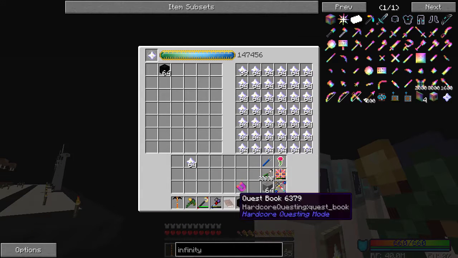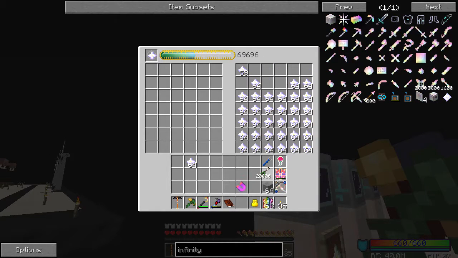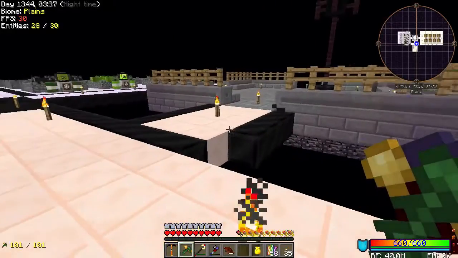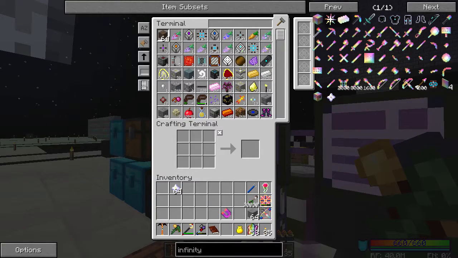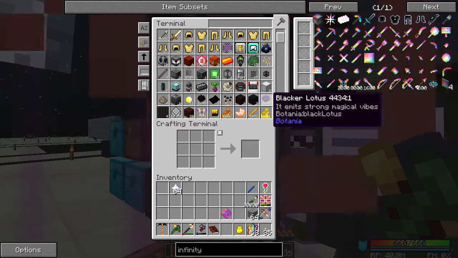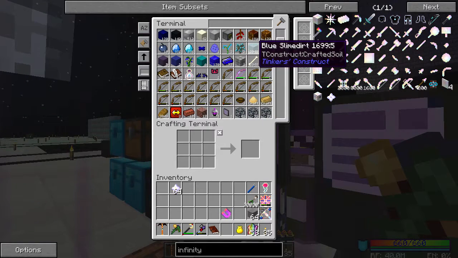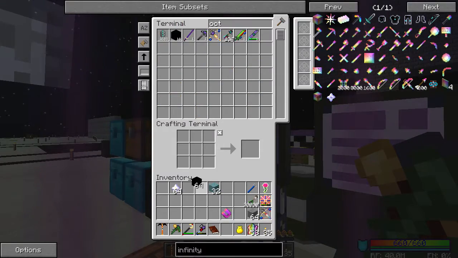So like, we can just put all this stuff in, and something we could probably do, I wonder, can we put... let's see. I want to see if we can put stuff that is not EMCable in there, so we could limit things. So what is something that's not EMCable that I have plenty of that it doesn't really matter? Blue slime dirt. Why not? So let's grab, I guess, the last stack of octuple compressed cobblestone that we have,